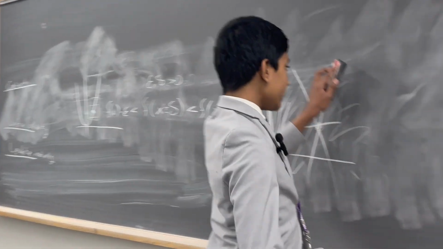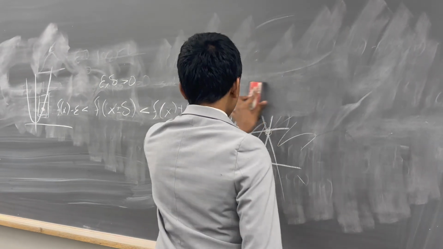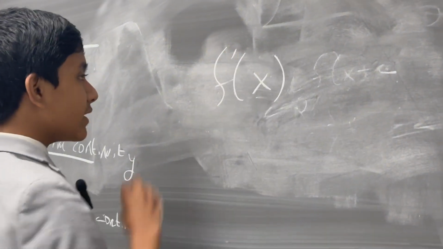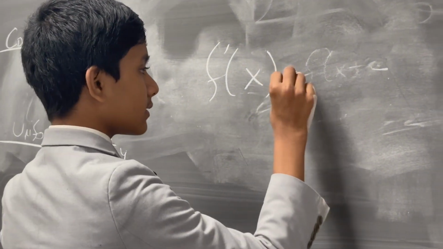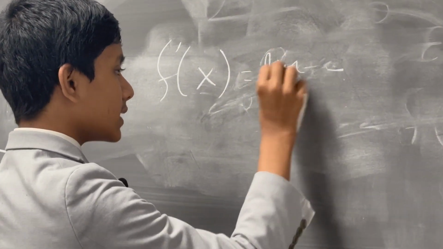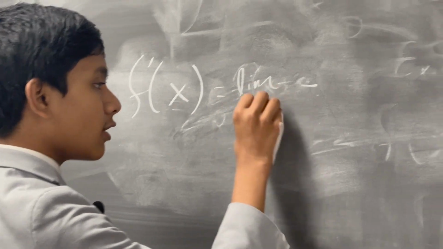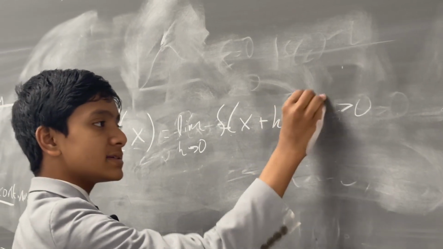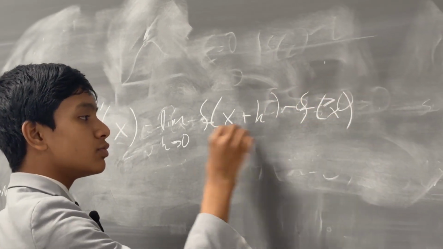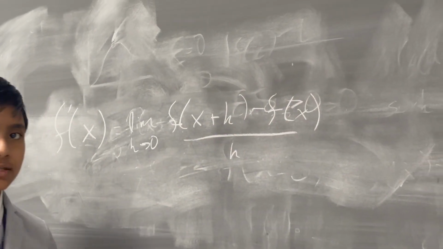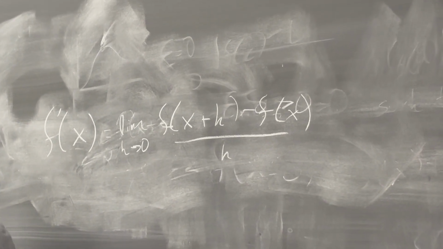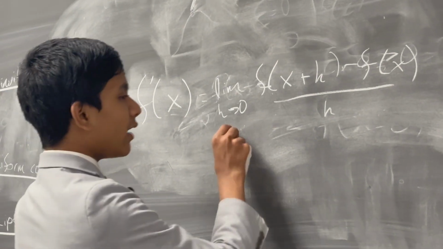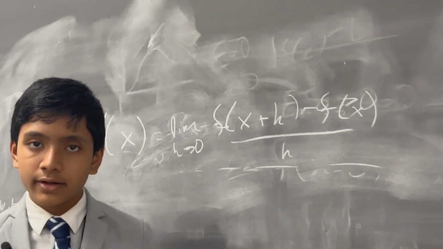Now, let's get to derivatives. What the heck is the derivative of a function? F prime of x is equal to the limit as h approaches 0 of f of x plus h minus f of x over h, which you probably remember or recognize from a very long time ago. This is the ultimate final formula. Now, this isn't very helpful in the long run, which is why